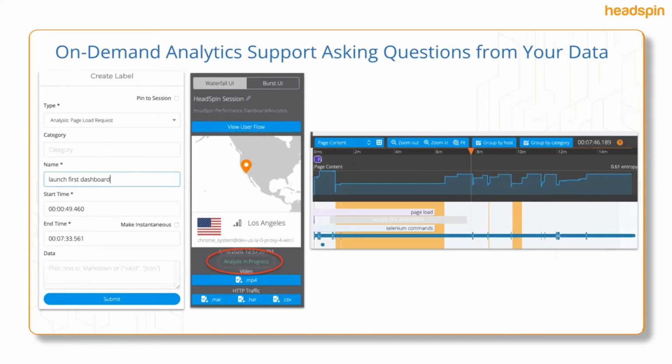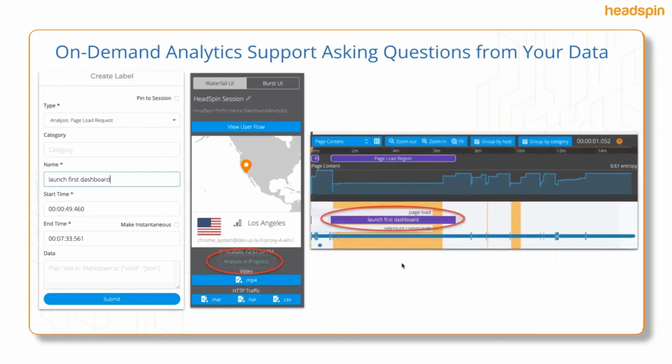So you can apply a very generous region of interest, which is this gray label here. When you do so, it will spin up an analysis. You'll see this analysis in progress indicator in the title pane. And then when it completes, you'll see the actual KPI as measured by the HeadSpin analysis. So you'll see the very precise timing in terms of when that page offload occurred and when the page load